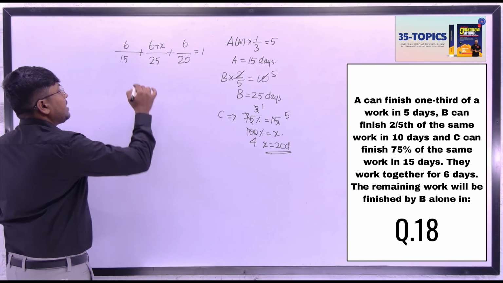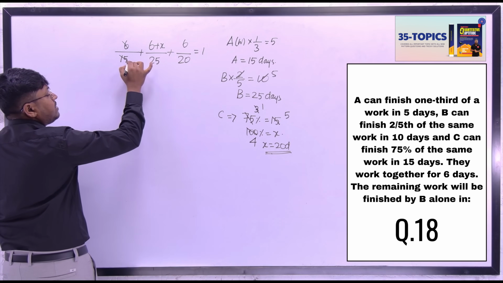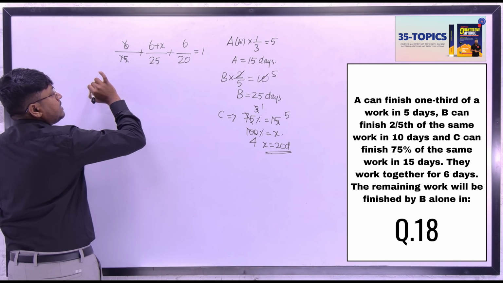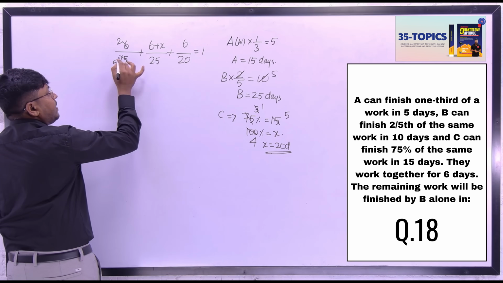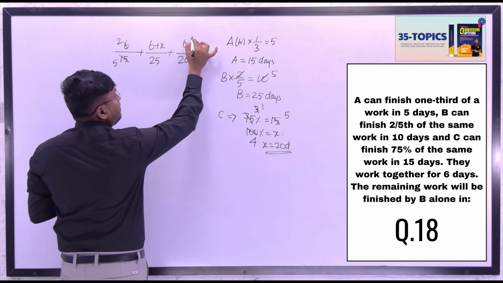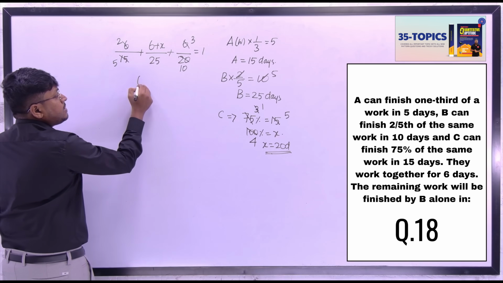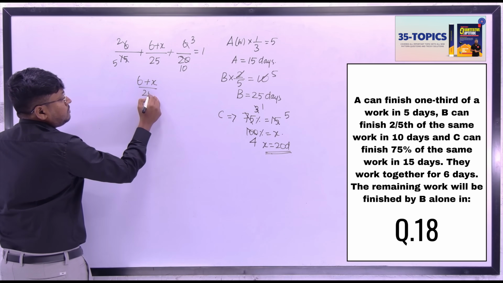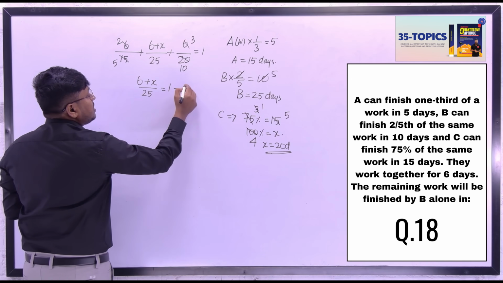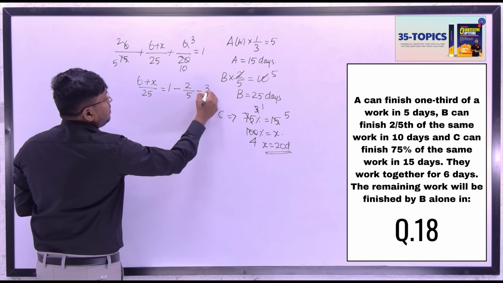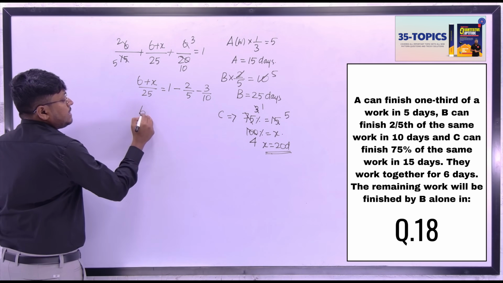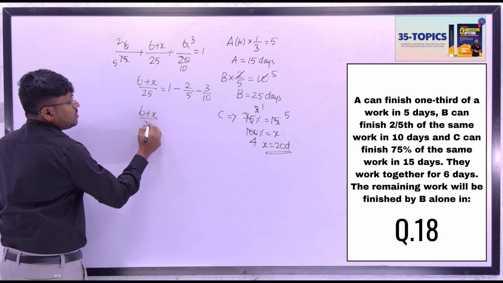So now I think we can cancel it on 3 table, right? Once you cancel it on 3 table, this will be 2 times, this will be 5 times. Cancel it on 2 table, 3 times, and this will be 10. So keep this number as it is, equals to 1 minus 2 by 5 minus 3 by 10. So now take LCM. So 6 plus x over 25 is equal to